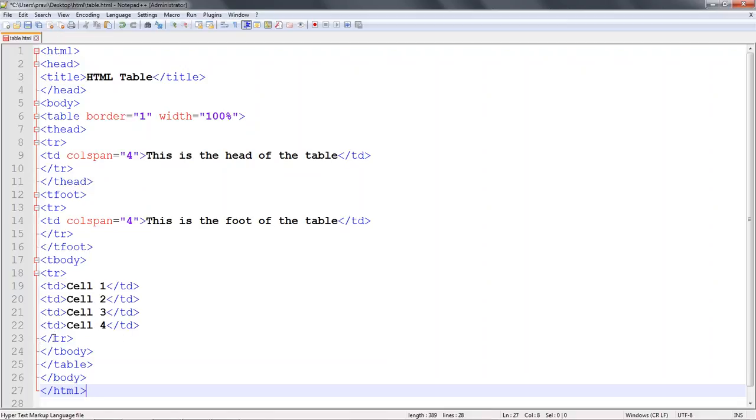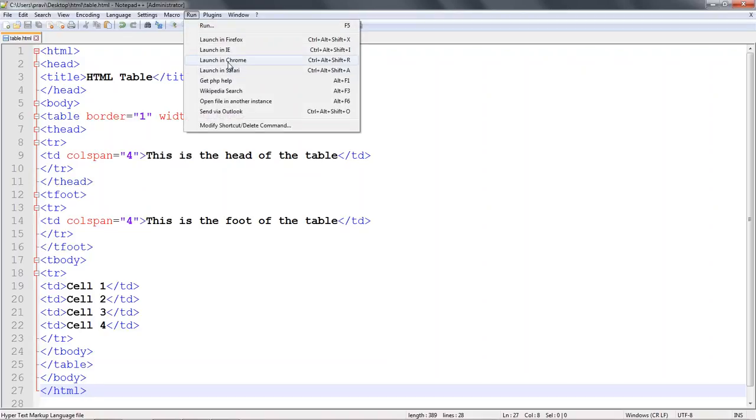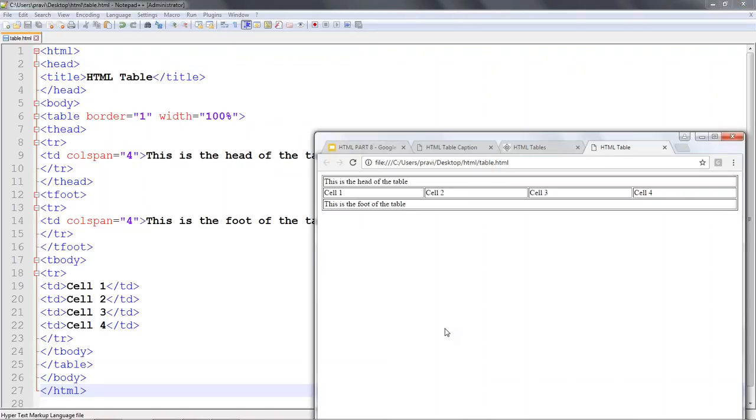We closed the table row, and then we close the table body, and then we close the table that we opened here, and then we close the body that we opened here, and then we close the HTML that we opened here. So let us see how this table border and the table head, table foot and table body look like. Save this file and run this in Chrome, and you see here, this is the head